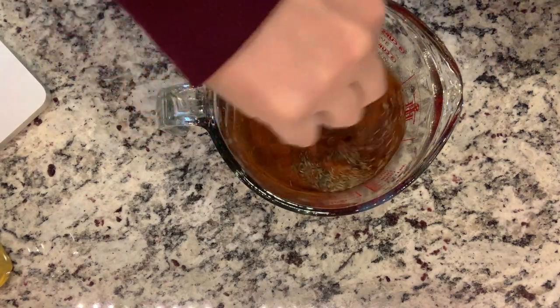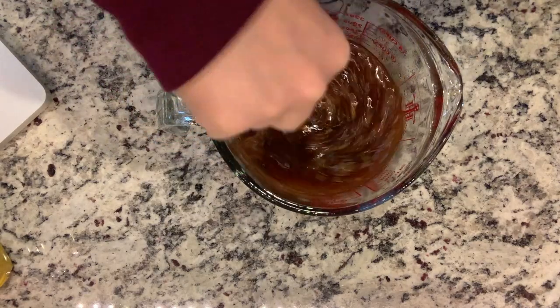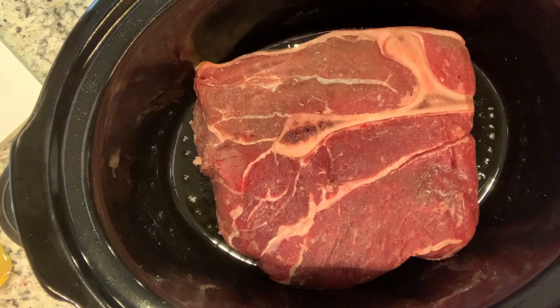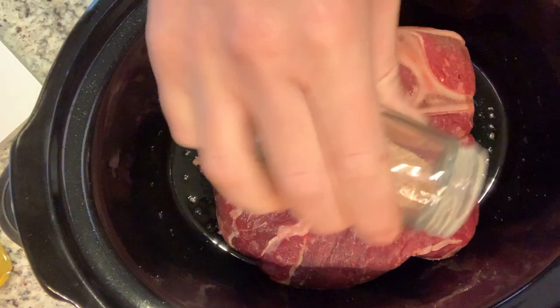Going to give that a good mix here. I'm using a fork, you could use a whisk. All right, I have my chuck roast in my crock pot here. I'm so nervous that my phone is not going to stay in the holder and I'm going to fall down in my crock pot. Because I did not sear this ahead of time, I would have seasoned it in